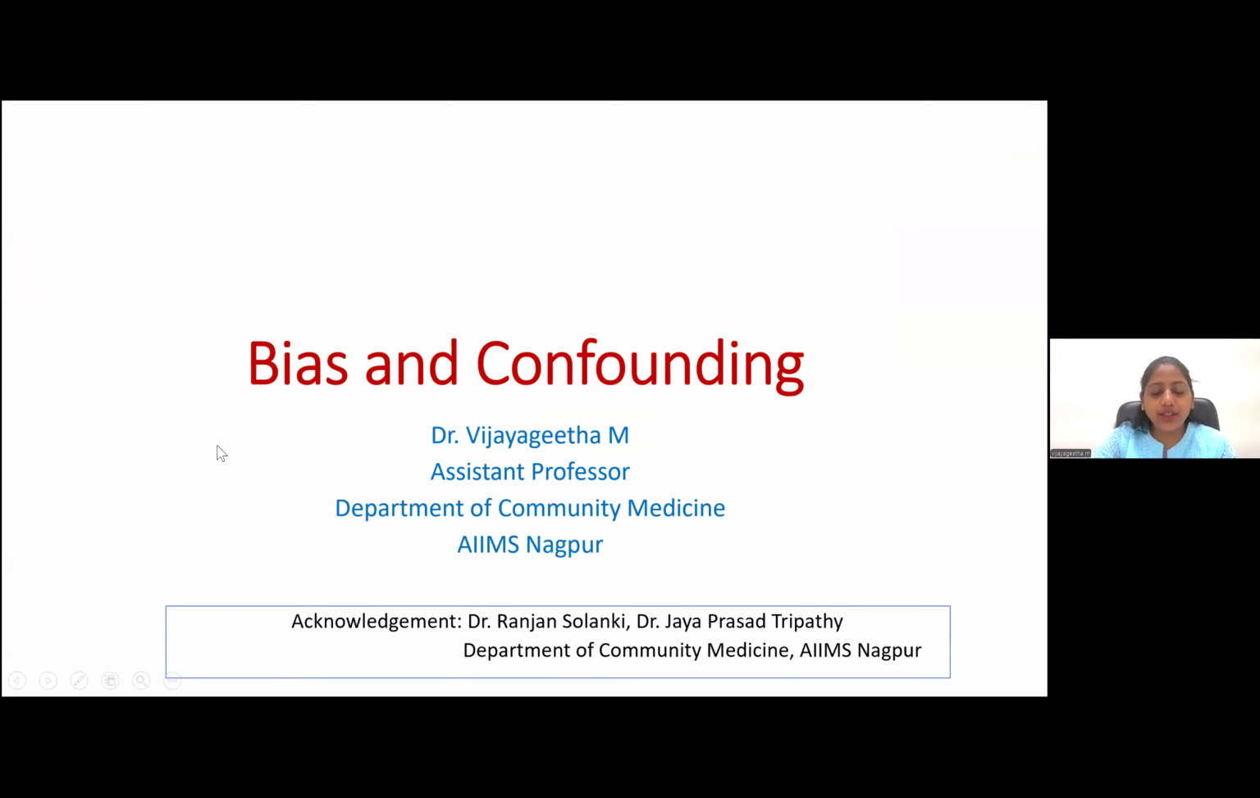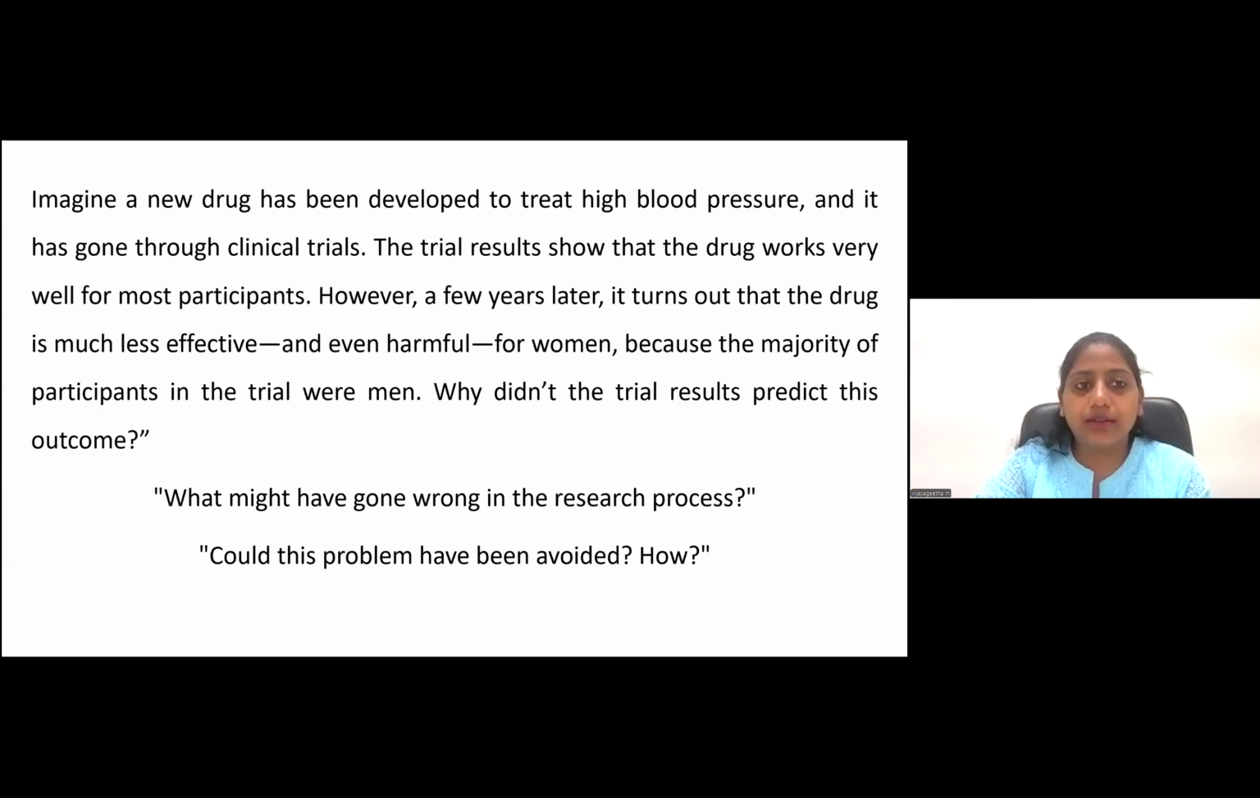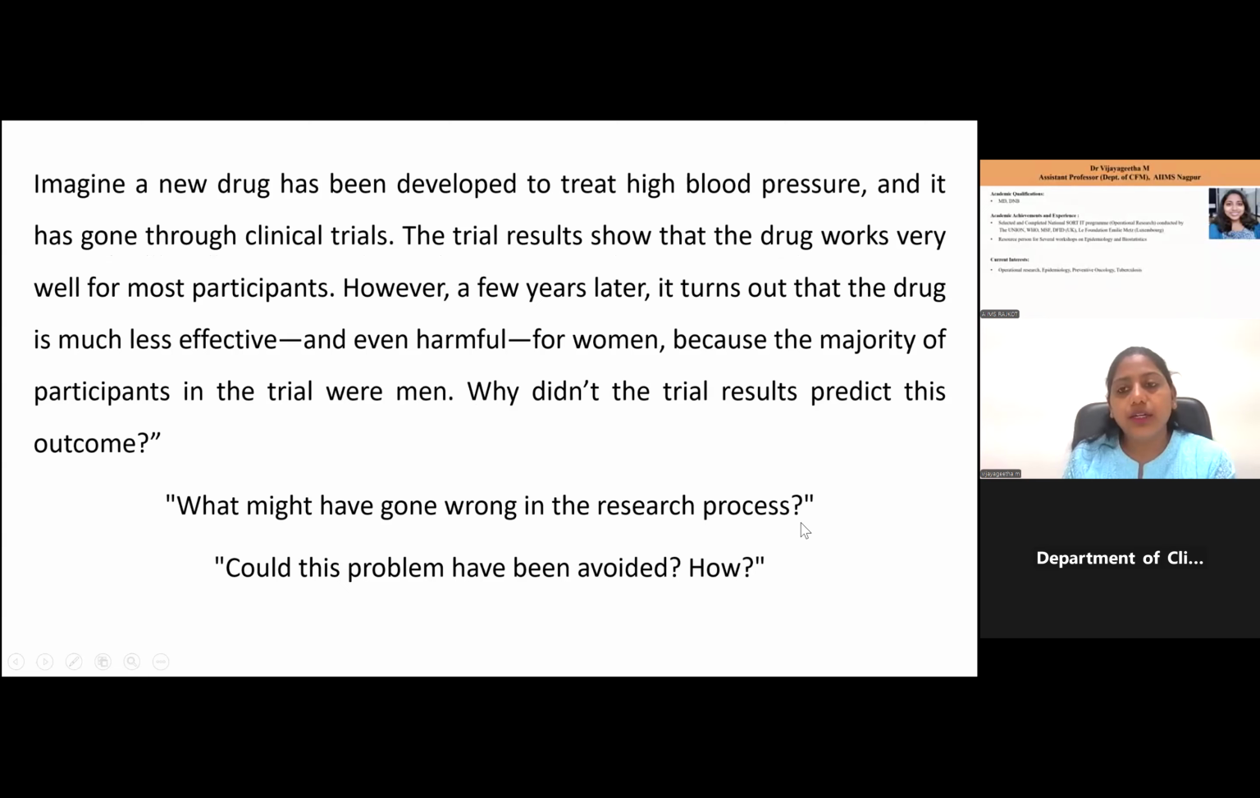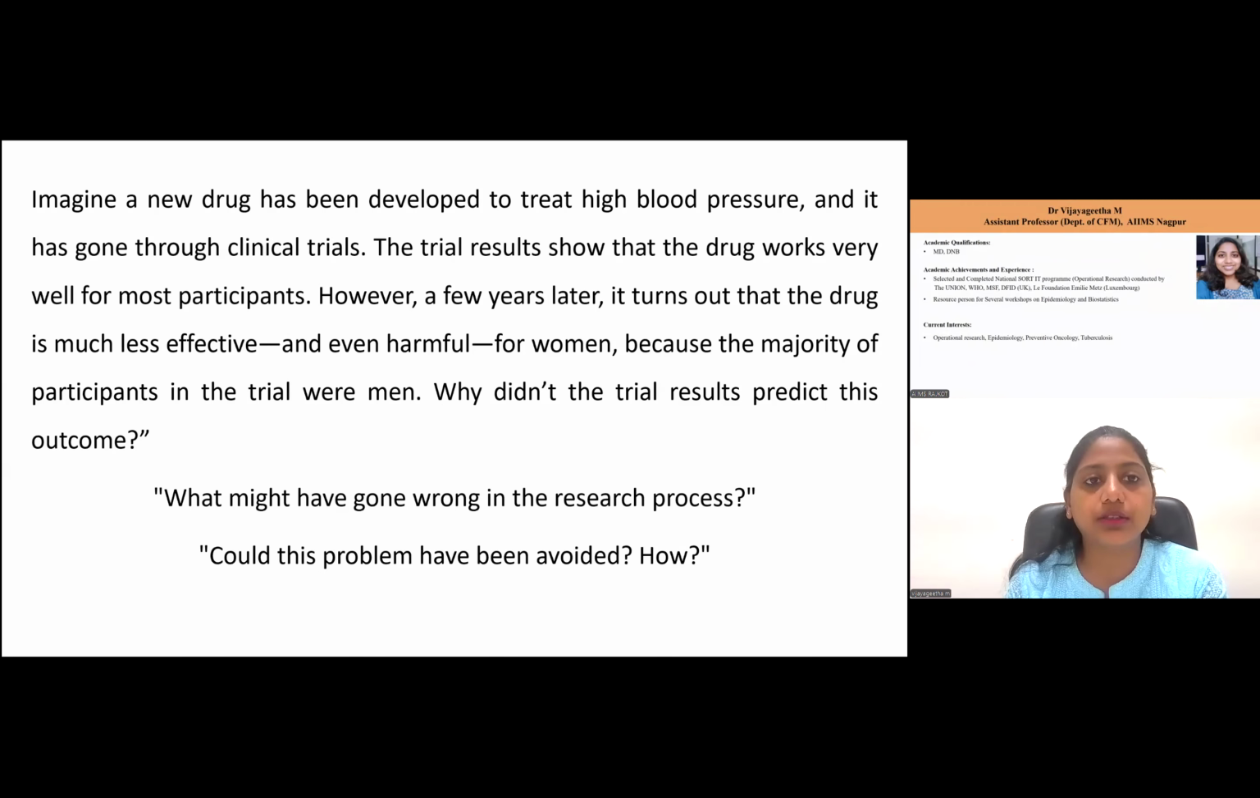So good afternoon, everyone. This is another very important topic that you would be learning about. Before we actually move on to the topic, there is a small scenario that I have written down. We can just go through this and then move on to the important concepts about bias and confounding. So let's imagine a new drug that has been developed to treat blood pressure, and it has gone through